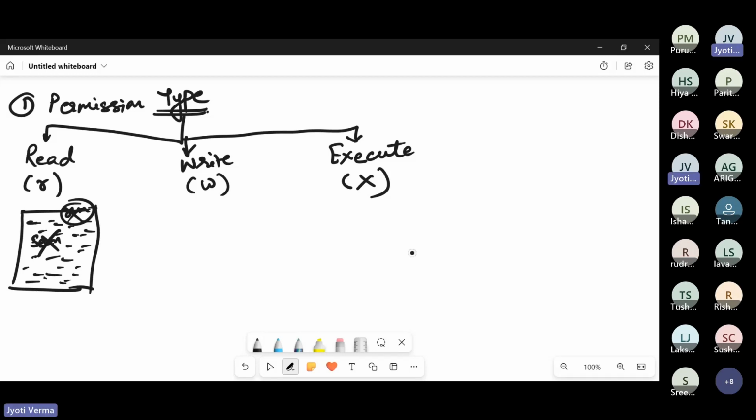And what does write mean? Suppose you have a file. Okay, so in this file,